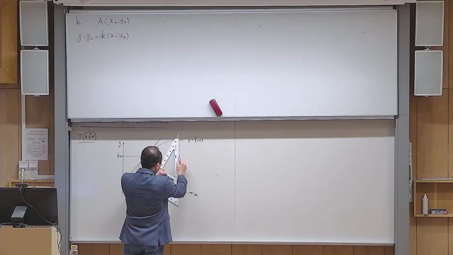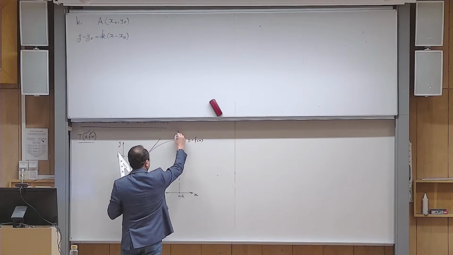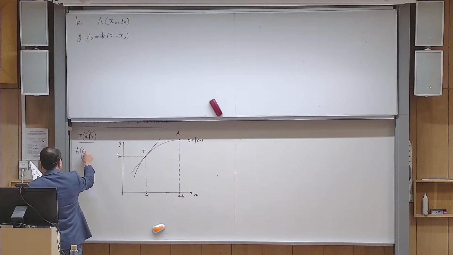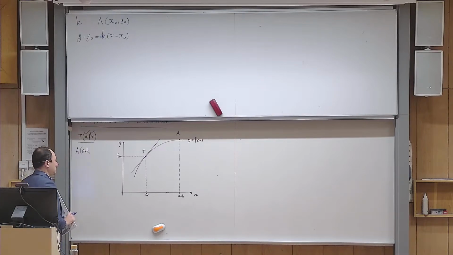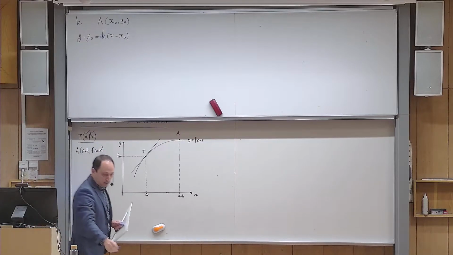So here, this I call point A. The x coordinate of point A is what? A plus h. Okay, can you tell me what will be the y coordinate then? f of this number, whatever it is, yes? Okay, and then try to